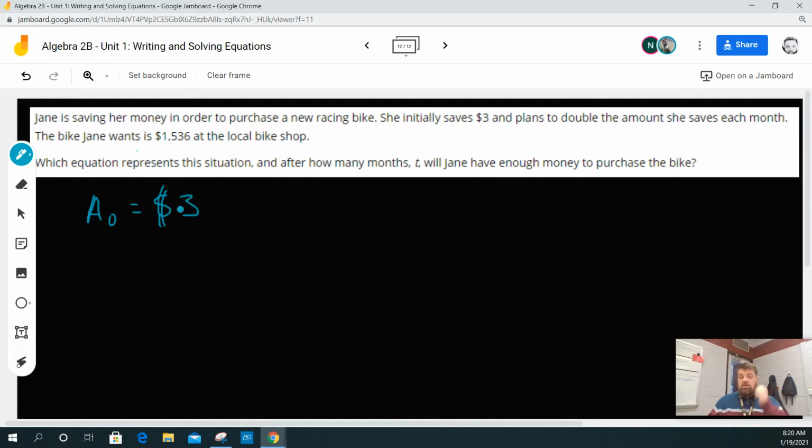And she doubles her amount. So now this is interesting. When you double your amount, you increase it by 100%. So your rate then is 1. That's what doubling means. And then the bike that she wants is $1,536. So the final amount